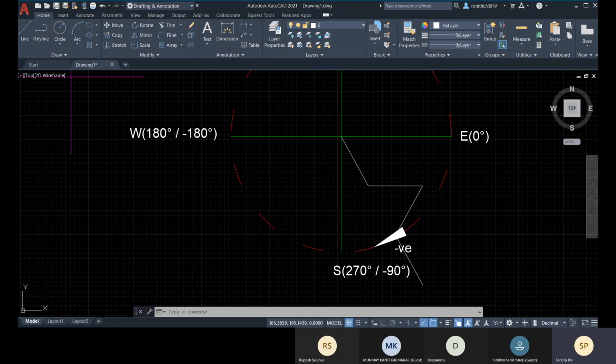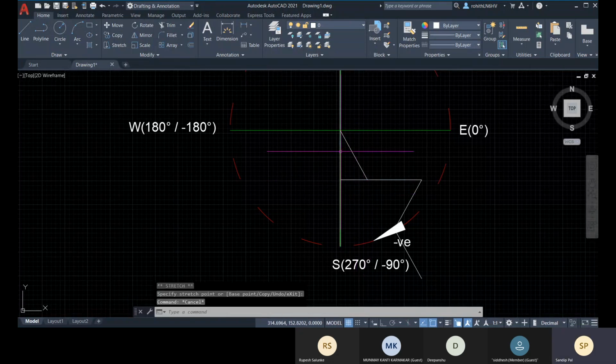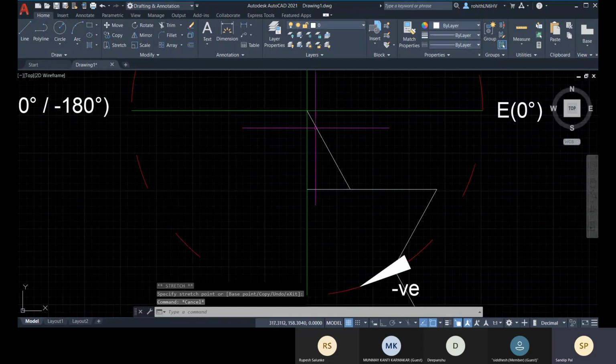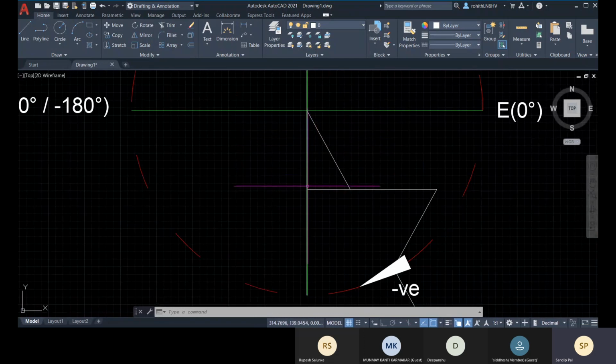You can be sure. So let me not just assume it. The total angle of these three angles is 180 degree, right? So this is 60 degree, this is 90 degree, and the remaining is 30 degree, right?